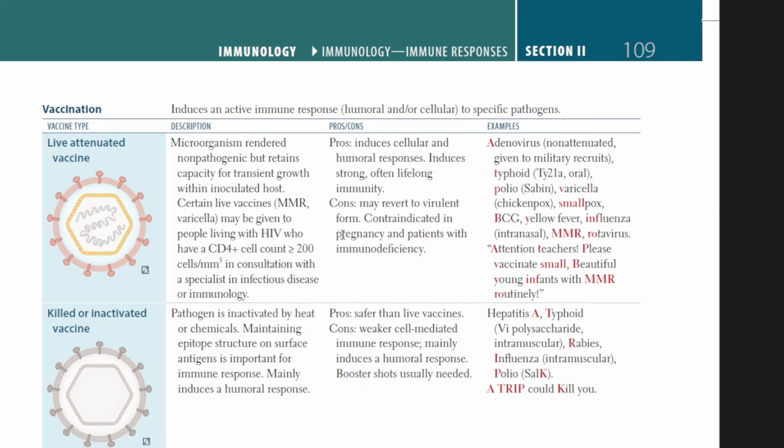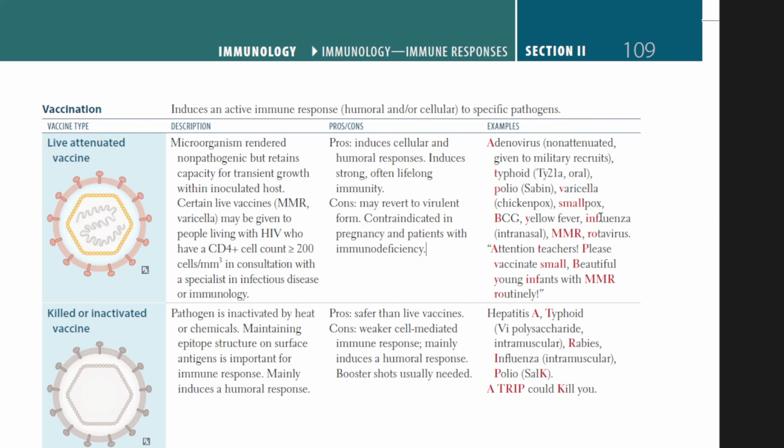They are contraindicated in pregnant women and patients with immunodeficiency. So patients with immunodepression, like an HIV-positive patient with CD4 less than 200, that's immunodeficiency, and pregnancy. So the more common vaccines that we have in this group are adenovirus, typhoid, polio, varicella, smallpox,